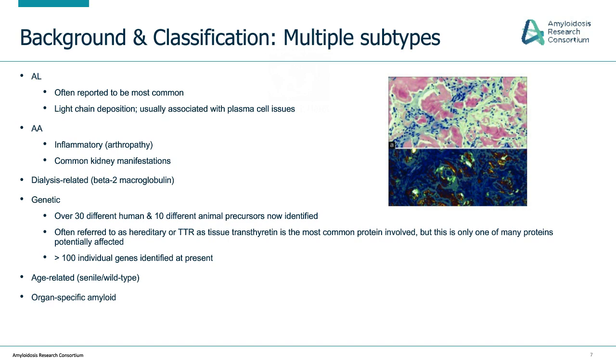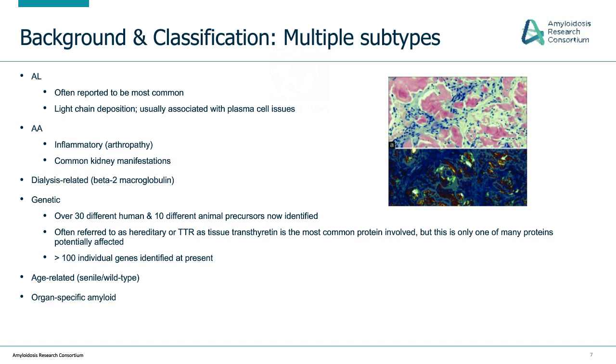And this is often associated with plasma cell dyscrasia and some types of cancers. And this is thought to be the most common subtype at present. AA is typically where there's amyloid, but it's from some type of arthritis or else immune condition. And this is a subtype that can commonly affect the kidney, though it does have significant GI